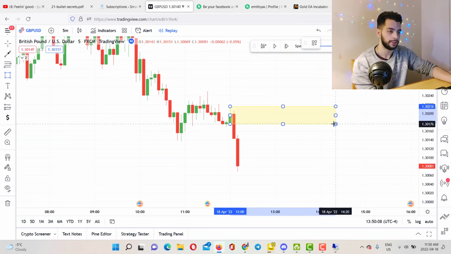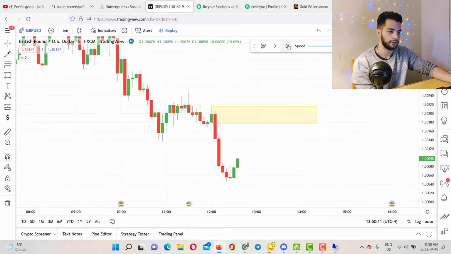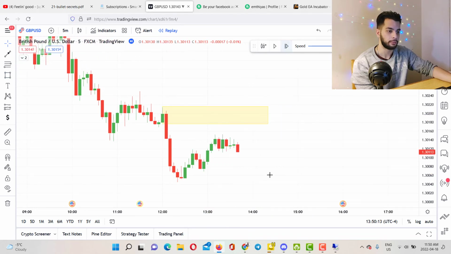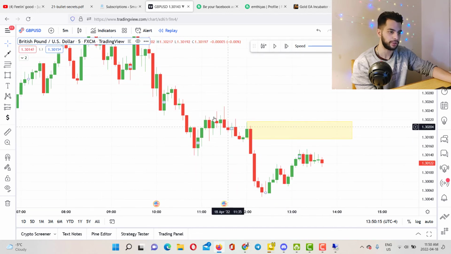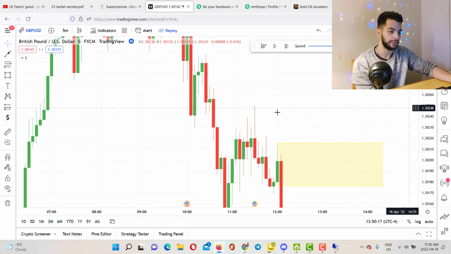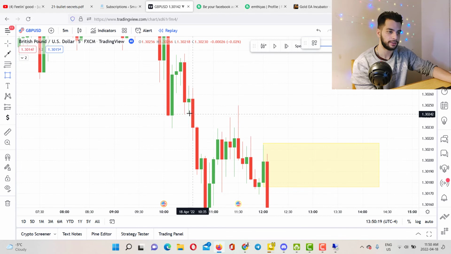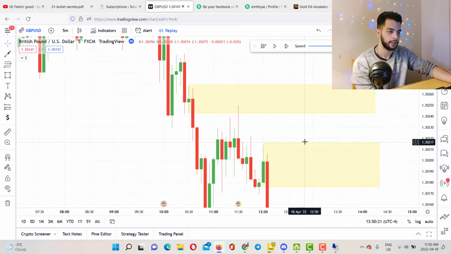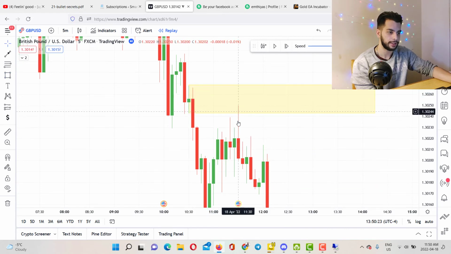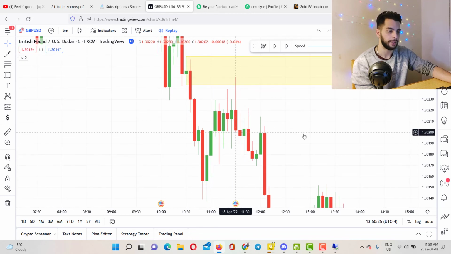So this is a high probability order block, so you can wait for this one right here to get tapped into, but this is already too late. It's out of my trading hours, but the only thing that it could actually take was this one right here. So this is a high probability order block. It literally tapped into this level, as you can see, rejected towards the downside,